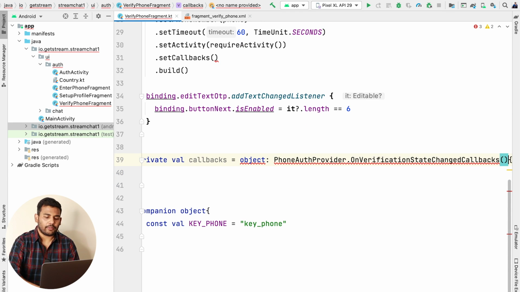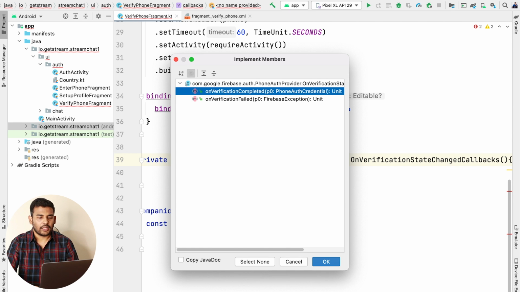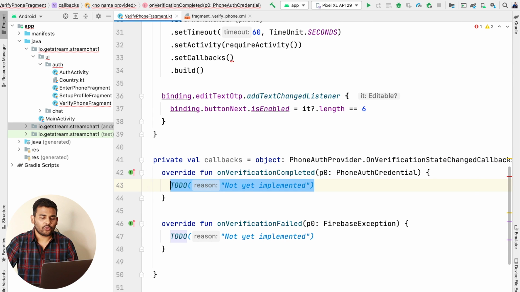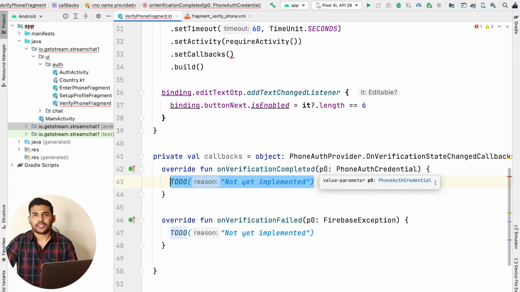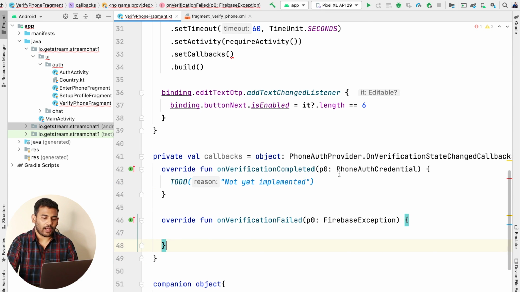Now we need to implement some member functions. So I will press option enter because I'm using a Mac. For Windows you can use alt enter, and we will select implement members, and we have two functions. The first one is on verification completed and the second one is on verification failed. So we have two callbacks here.